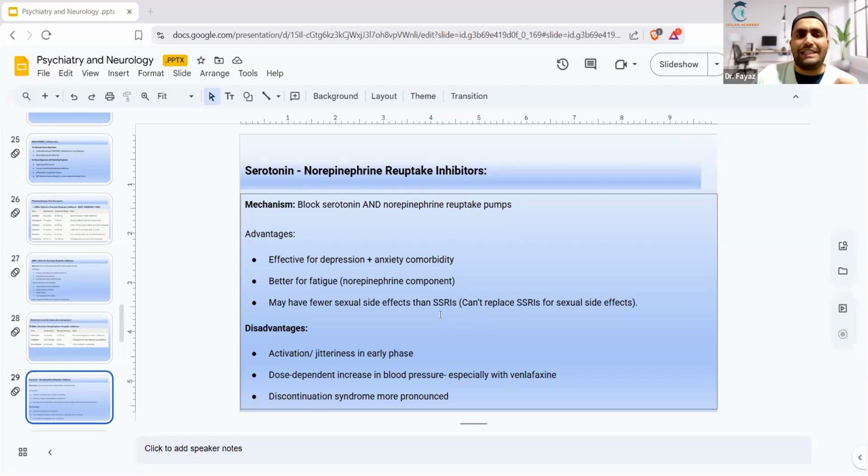Now, some issues with SNRIs is that they can cause jitteriness or make the patient feel very anxious in the initial phase of treatment. They raise blood pressure depending on the dose, especially pronounced with venlafaxine. If you discontinue them suddenly, the discontinuation syndrome, the symptoms you get from discontinuing SSRIs or SNRIs, are very pronounced. That's why, for all antidepressants, we recommend tapering then discontinuing, especially with this